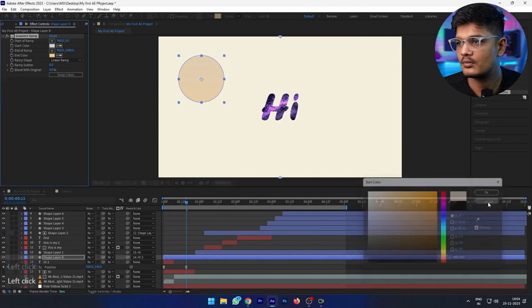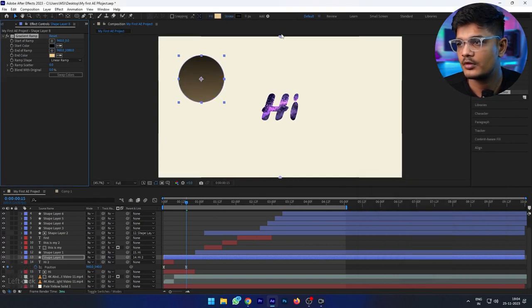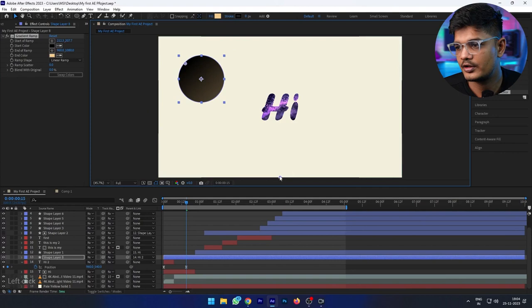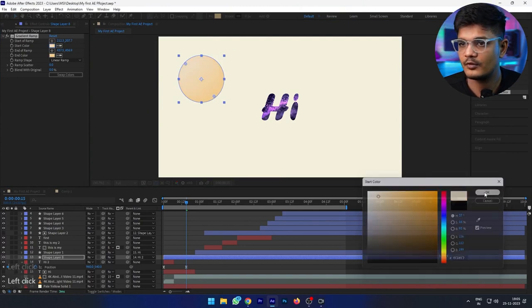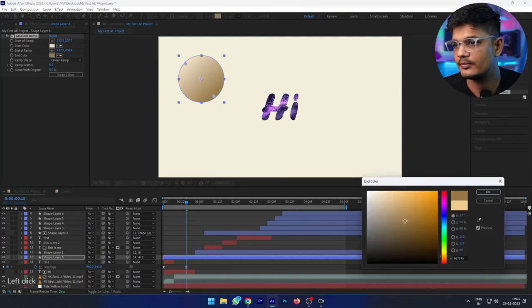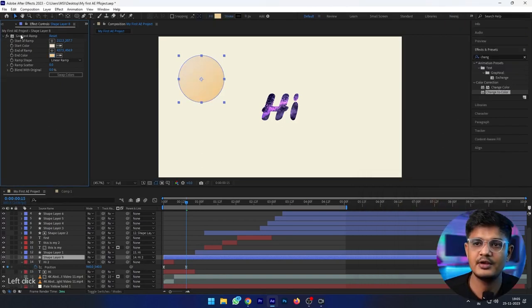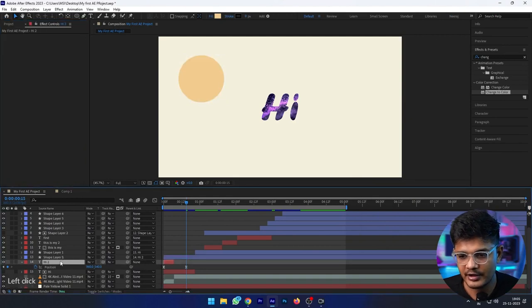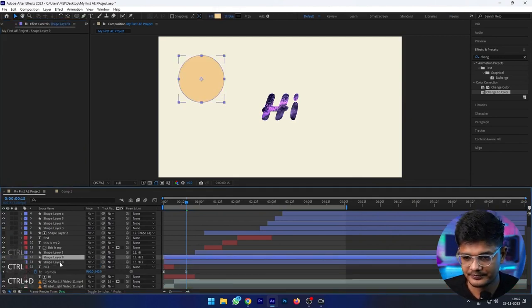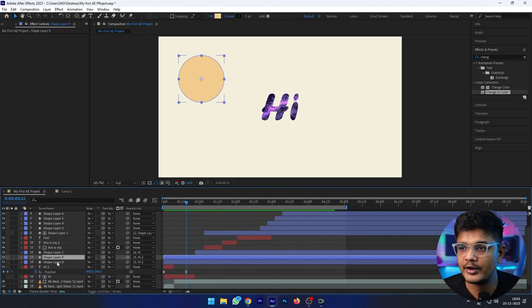Okay. This is the start color, this is the end color. We can do this, or we can even add a 4-color gradient, but we'll do something else. Okay, we'll duplicate this. I duplicated this layer, and now I will create a mask on this layer. I want to give shadow manually on this ball, on this circle.